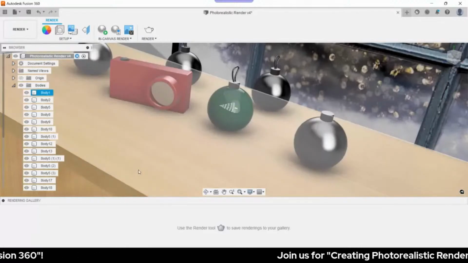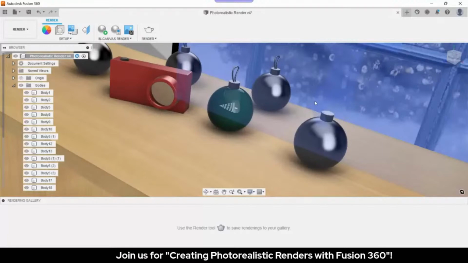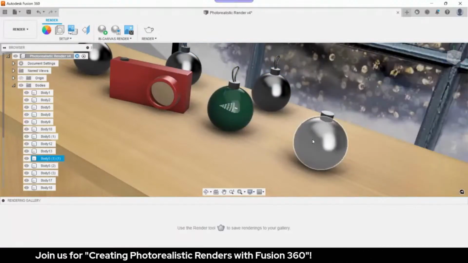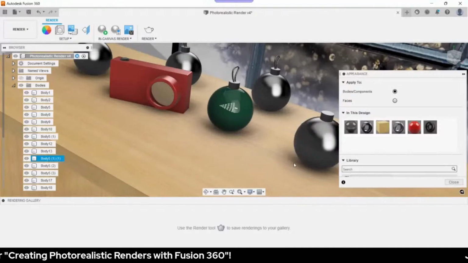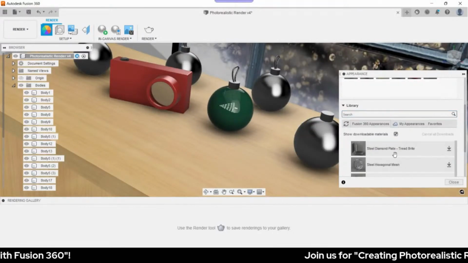Continuing on our render, let's add appearance to this Christmas ornament, hitting A on our keyboard. I want this Christmas ornament to be